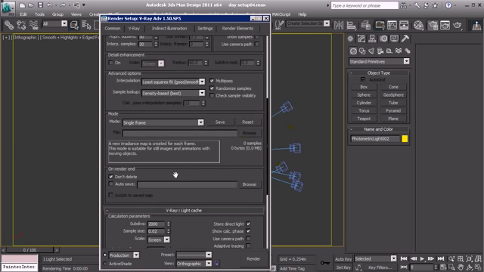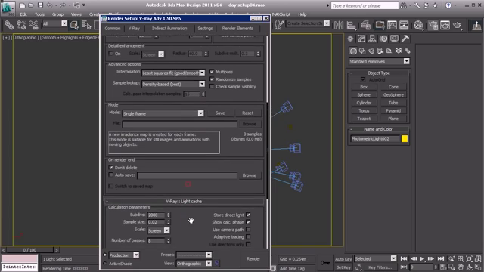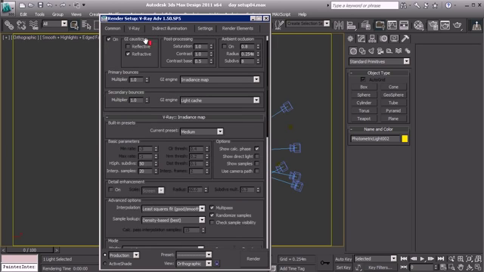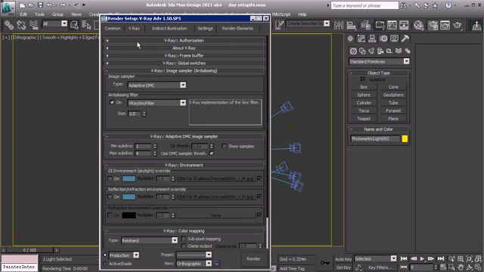We have also light cache set to 2000 subdivisions, pretty simple settings. We have also an adaptive DMC image sampler, because we have a lot of little grass, so a lot of little geometry, and this will give us a better and more accurate result during the rendering. The GI environment has been disabled because we have the V-Ray dome